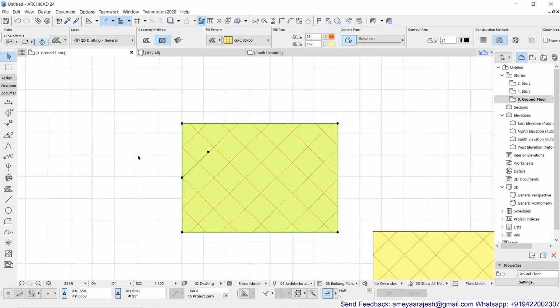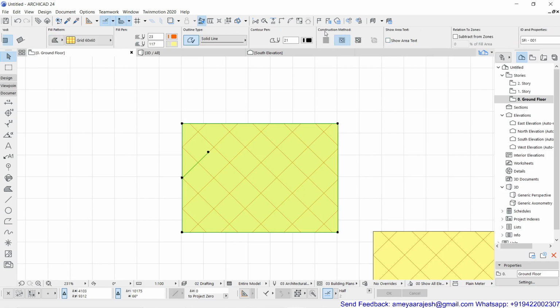Now what will be the next editing? You can press Control T from the keyboard to enter the edit dialog, or otherwise you can start using the info box also. In the info box, if you want to change the construction method, you can see that the current construction method is linked to field origin. You can press C from the keyboard to toggle the option, or otherwise you can click. So I'll just click over here and you will see the change this time.